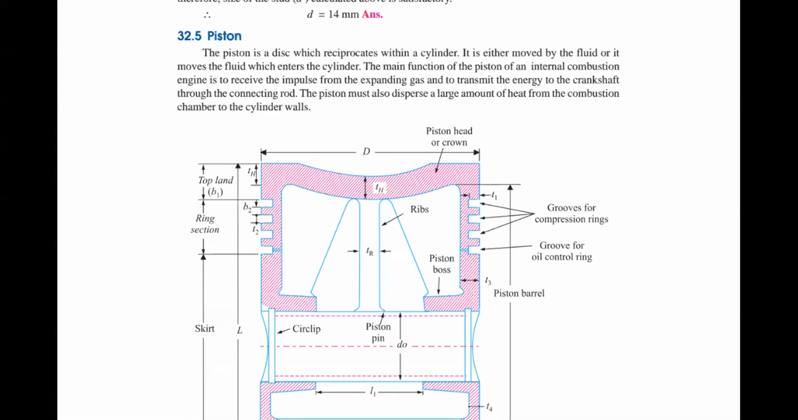Right. So here the piston is a disc which reciprocates within the cylinder. It is either moved by the fluid or it moves the fluid which enters the cylinder. The main function of the piston of an internal combustion engine is to receive the impulse from the expanding gases and to transmit the energy to the crankshaft through the connecting rod. This definition you already have, so no problem. Now our main focus is